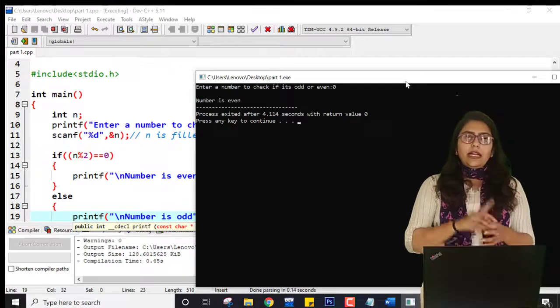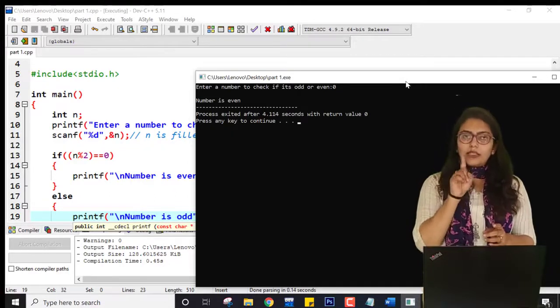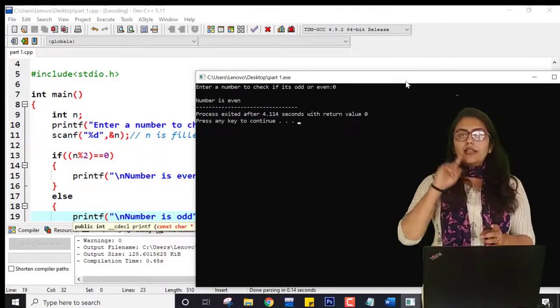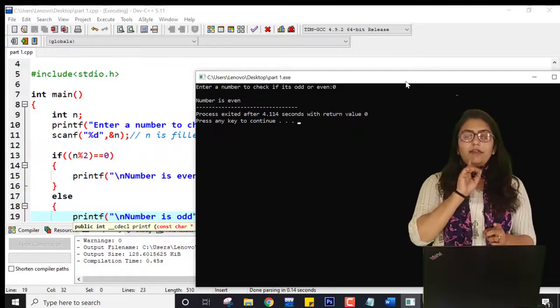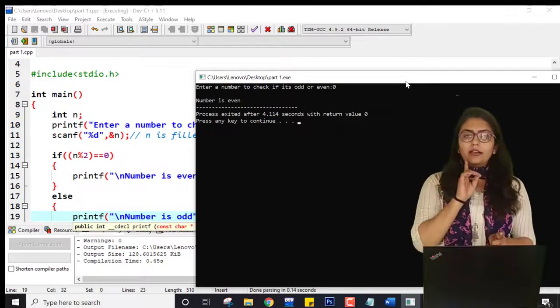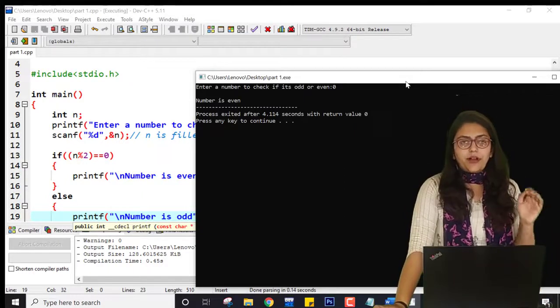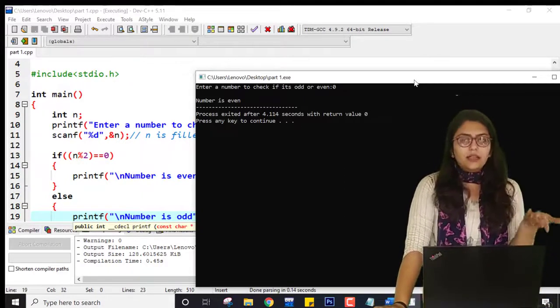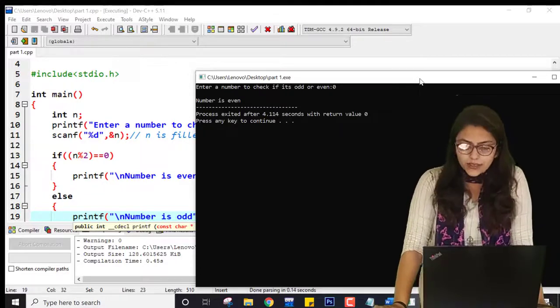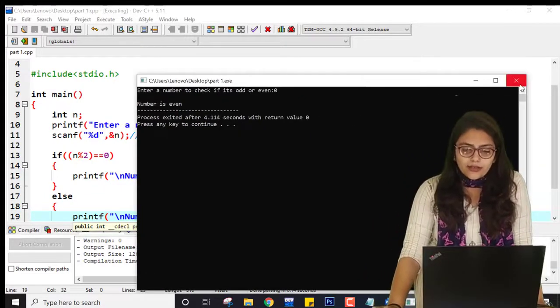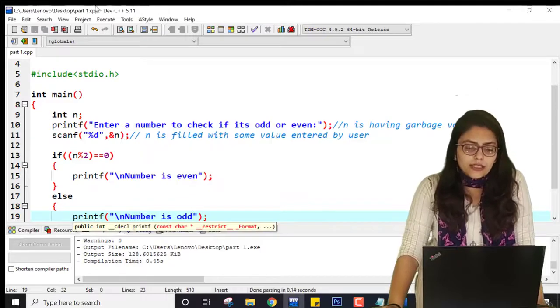Say if I am dividing 1 by 2, then the remainder is 1. If I am dividing 1 by 7, the remainder is 1. If I am dividing 2 by 7, the remainder is 2. So all of the numbers which are less than 7, if I am dividing them by the higher number, then the number itself will be my answer. So here that's why 0 is considered an even number.